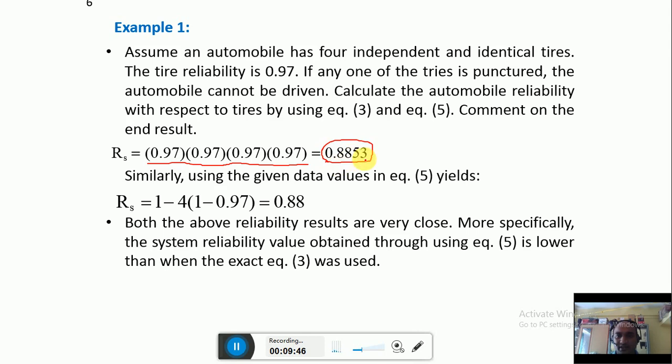You can observe that this reliability is less than any of these numbers, less than 100%. So you will get the reliability this way. It is that simple to calculate the reliability of the system. We just should know how the components are connected in the system.